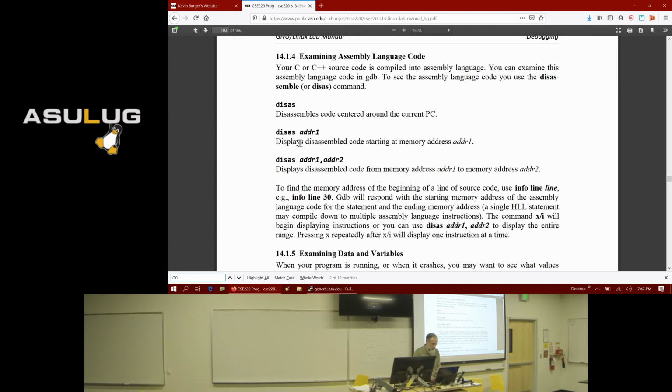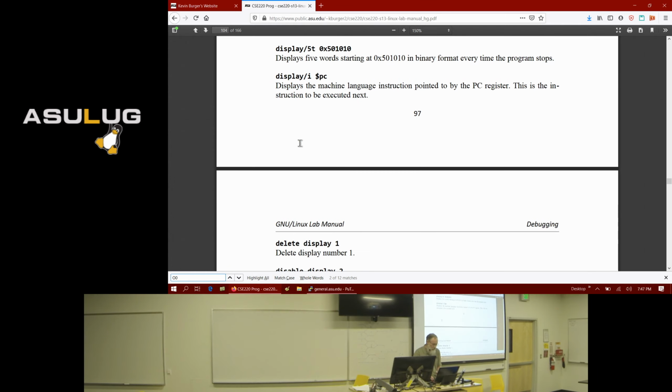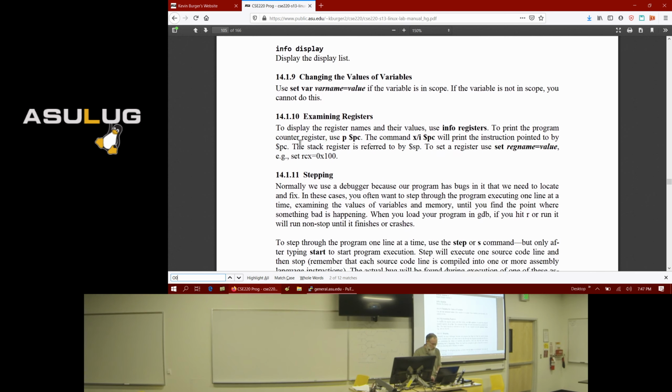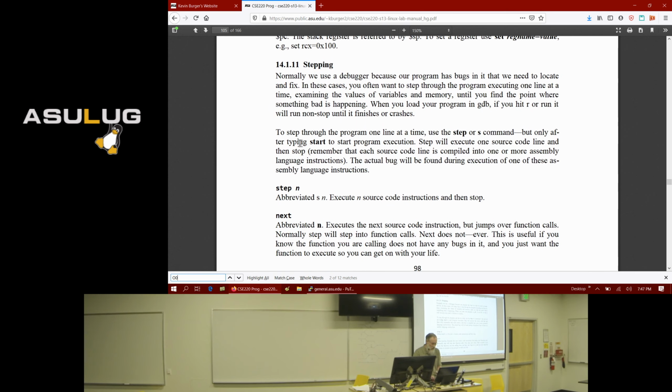Let me find the section, here we go, stepping. What stepping does is you type step by itself, and that will execute the next statement, so you can execute one statement at a time.